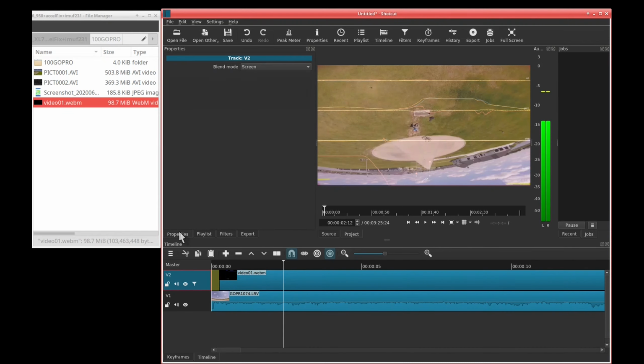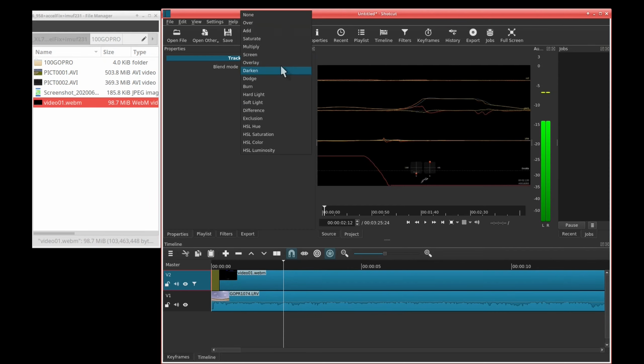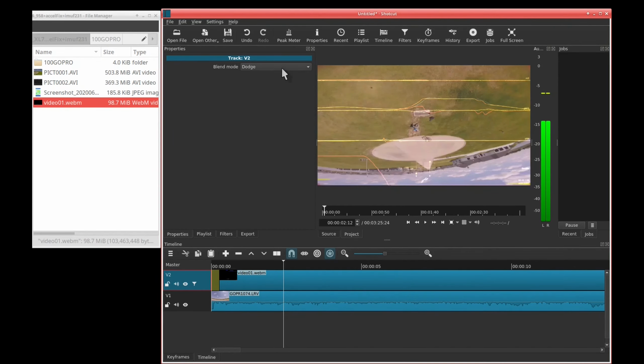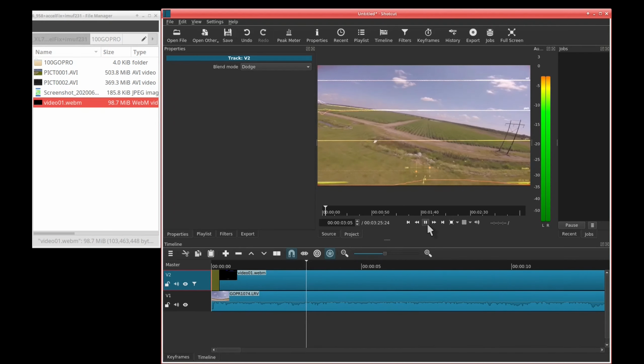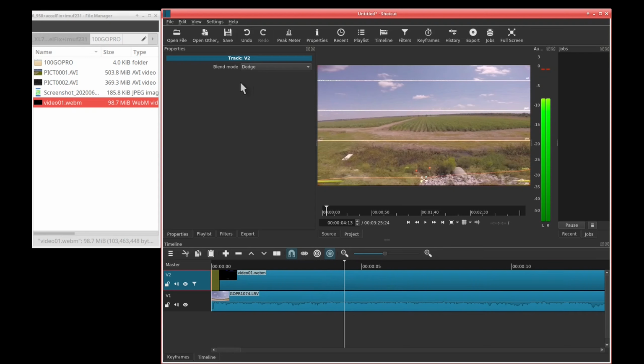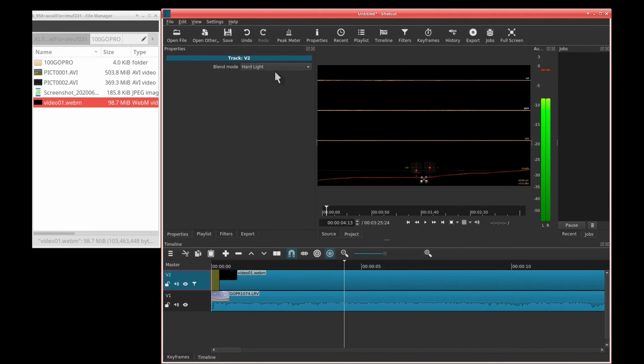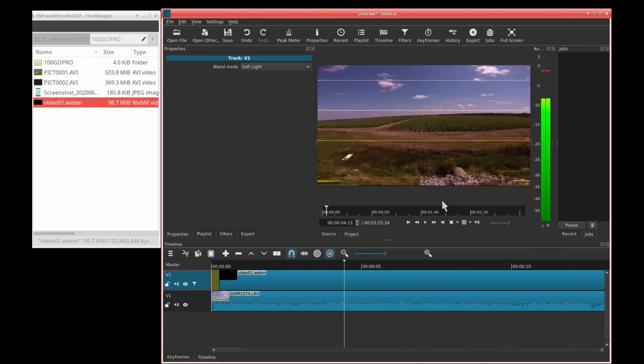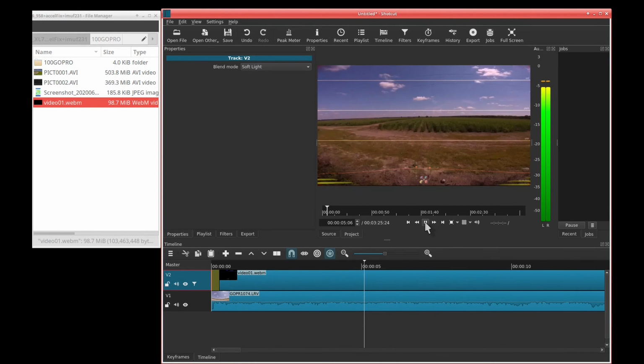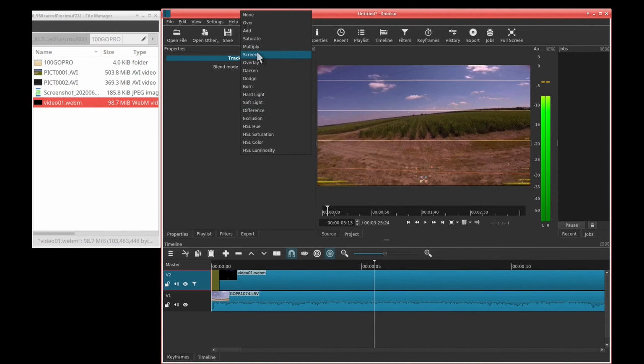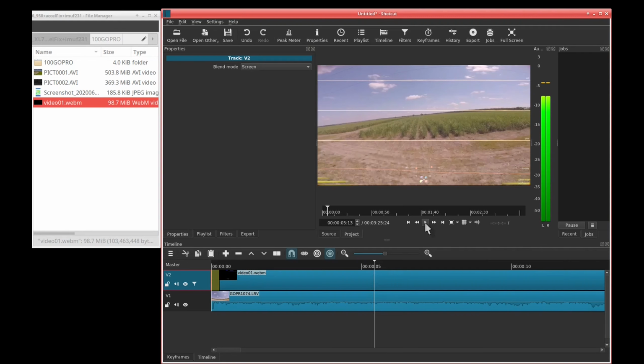If you wanted to not screen, you could do something else. What are the options here? Dodge. That looks kind of bright, but sometimes I find it distracts from the background, the flight. You can do other things if you want to be artistic, but screen generally works for me.